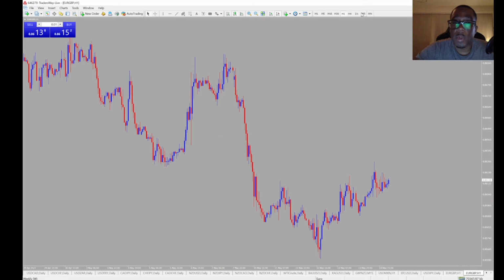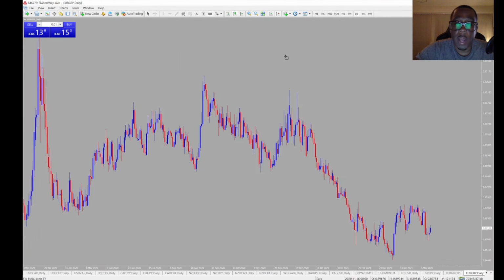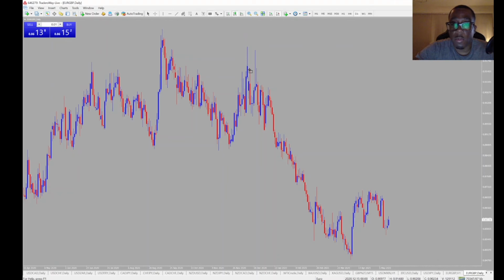Now if we take this same section and go on the day chart, and we look, it's a similar move from top to the bottom at an angle. So if we take this now, say from here all the way to about here,